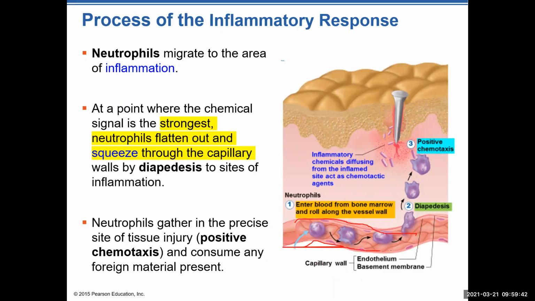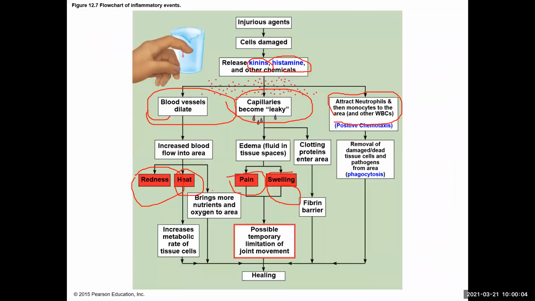As the neutrophils, if you see here in the diagram, they escape out and reach the area which is infected. So their movement is called diapedesis, right? We discussed that. The movement of neutrophils from the blood vessels to the area which is infected, we call that diapedesis, right? And finally, what happened? All these things are done so that the healing can become faster and faster. So inflammation is also a very, very important sign for the second line of defense. If the question says that,